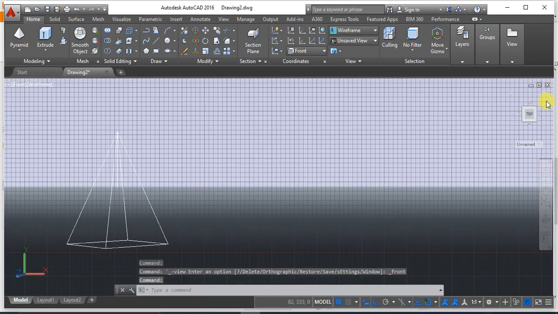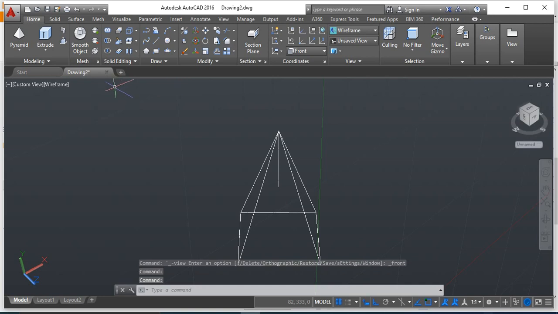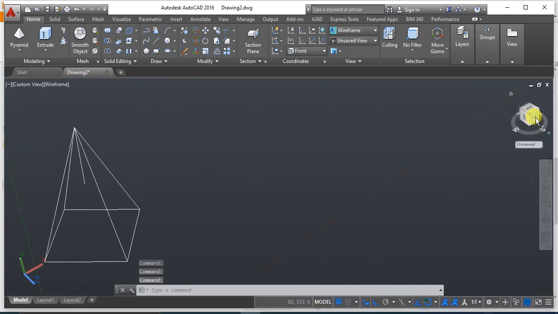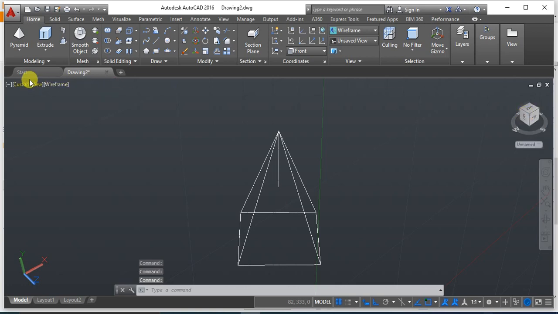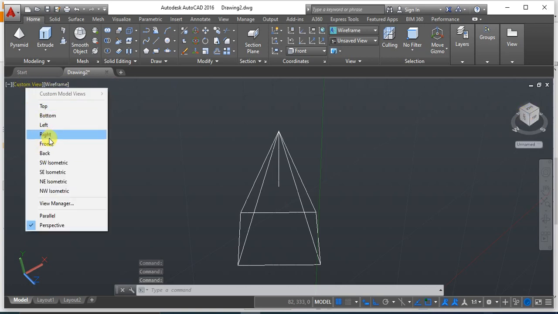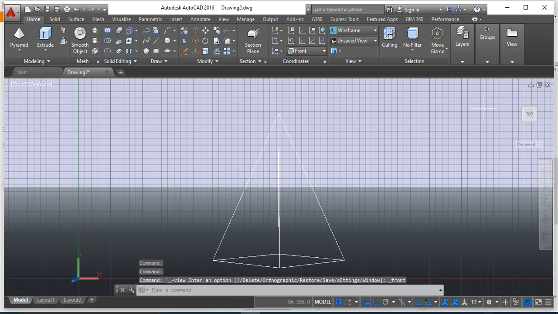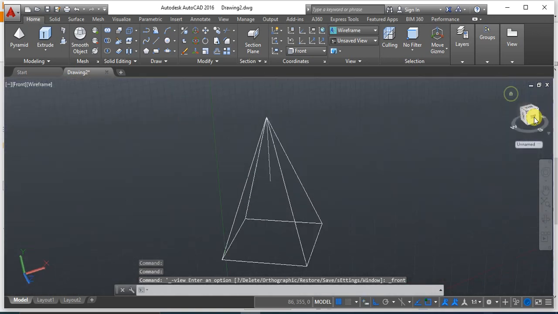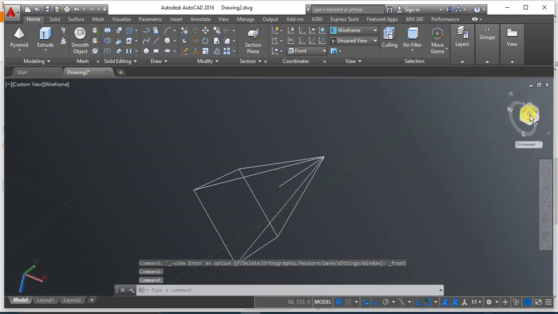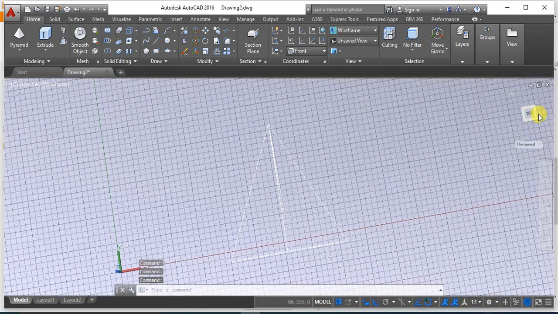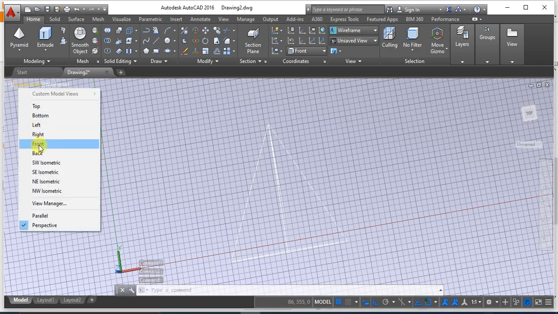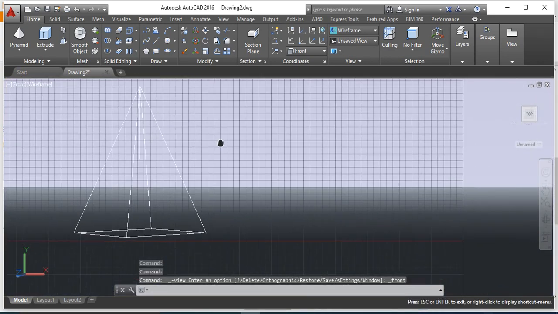Okay, now if this thing is creating some problem, you can draw it in this view also, that's not a problem. Just make it to front view. Okay, this is the front view.